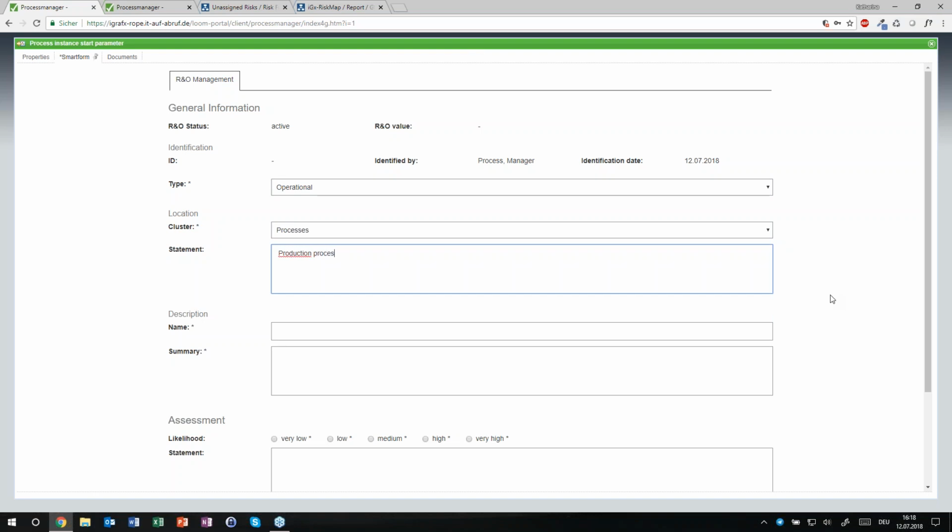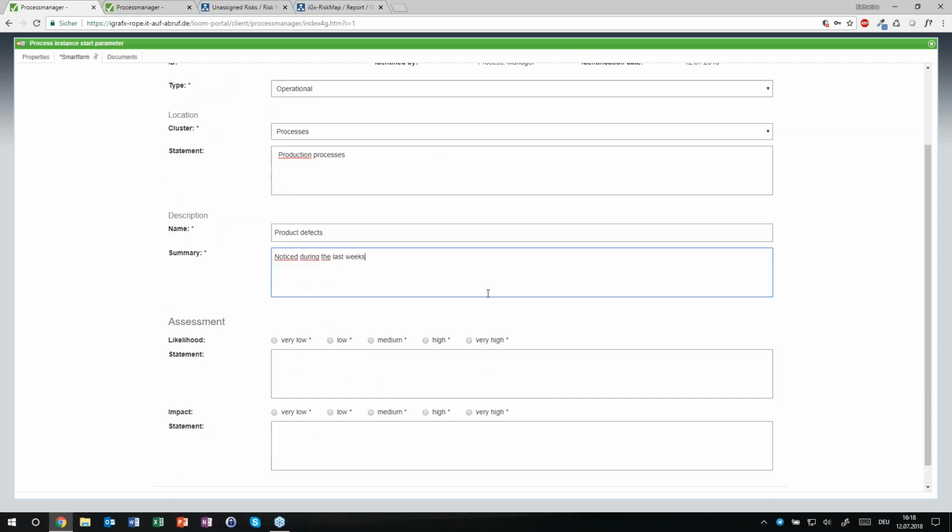So it might be our production processes that are affected by the risk. And the risk that I identified are some kind of product defects. So I noticed during the last weeks that product defects appear to be quite high. So this is a risk that I think we are fearing.